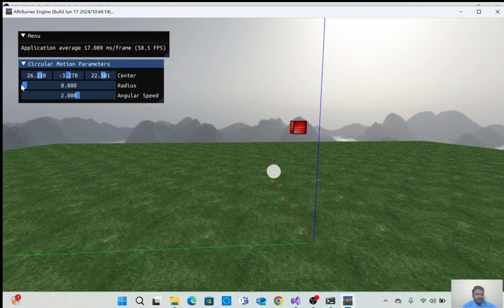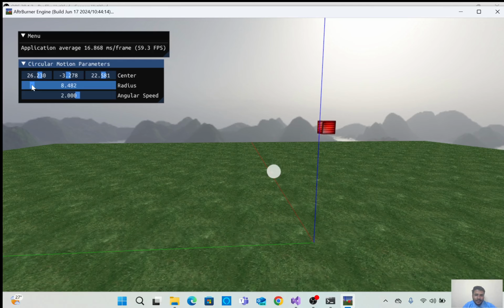You can see that if I set the value of radius to 0, the shinyRedCube seems like it has stopped rotating in its orbit. But because it is essentially at the center of the root, it has no orbit to move around. If I increase the value of the radius gradually, you can see that it started moving